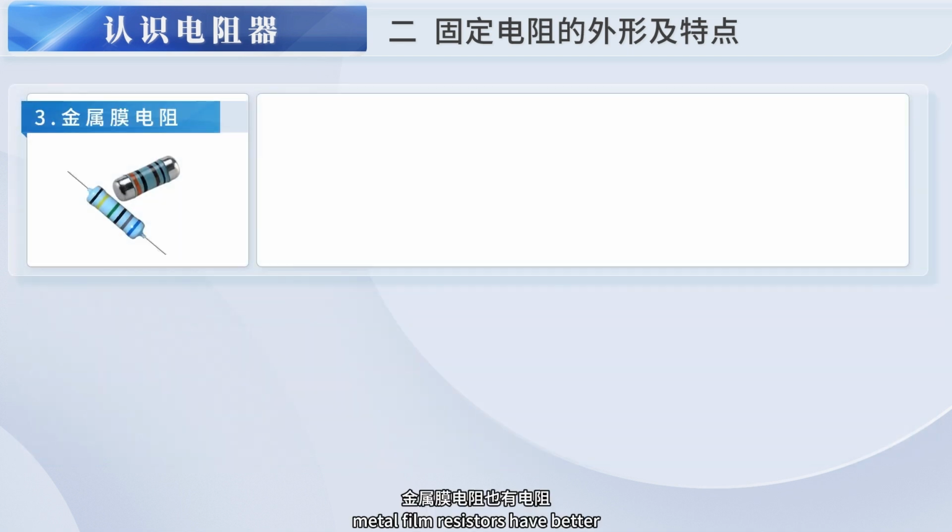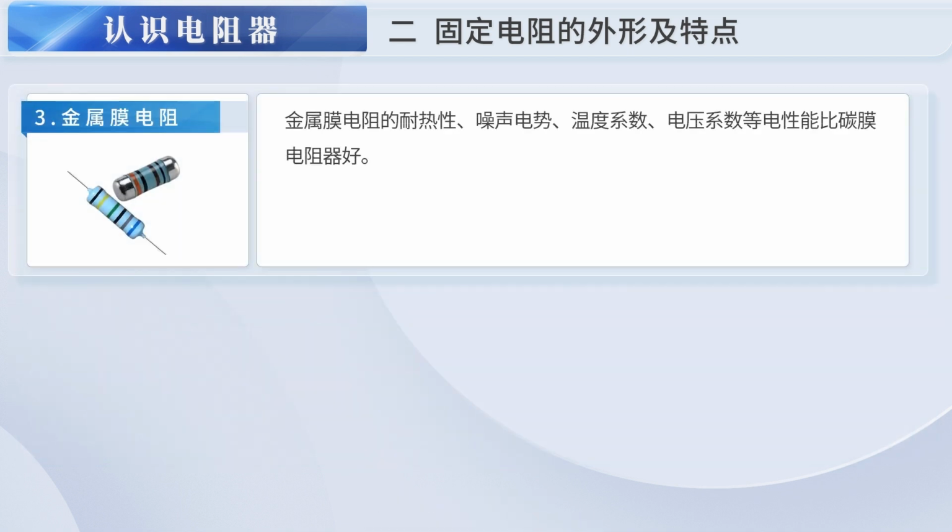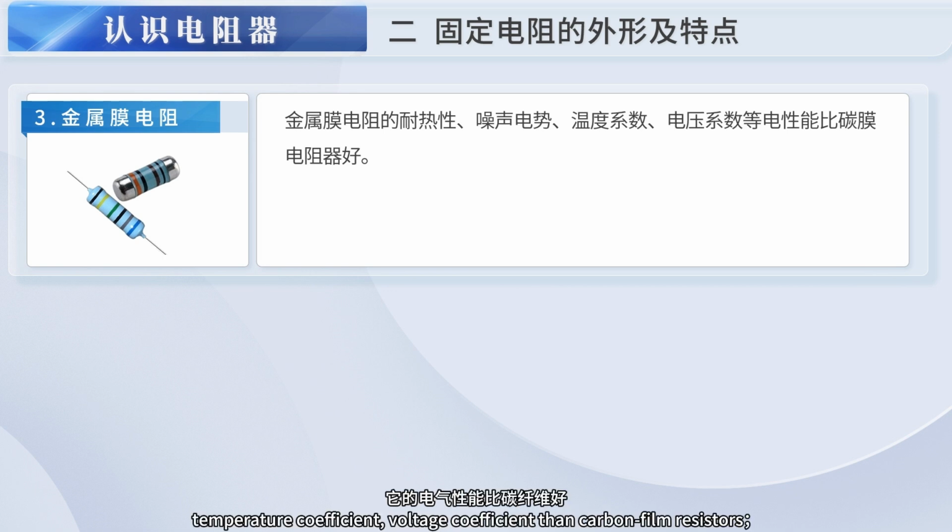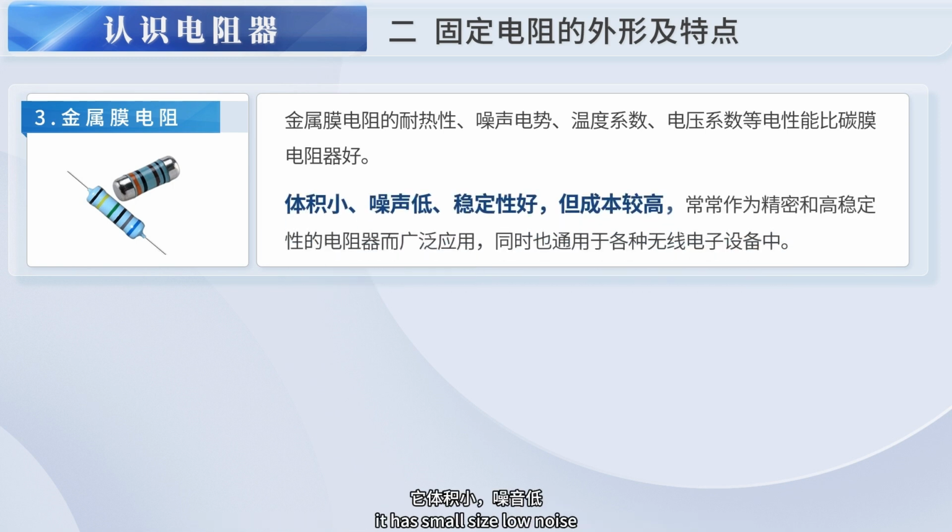Metal film resistors have better electrical performance, such as heat resistance, noise potential, temperature coefficient, and voltage coefficient, than carbon film resistors. It has small size, low noise, and good stability, but the cost is higher. It is often widely used where precision and high stability are needed, and it is also widely used in various wireless